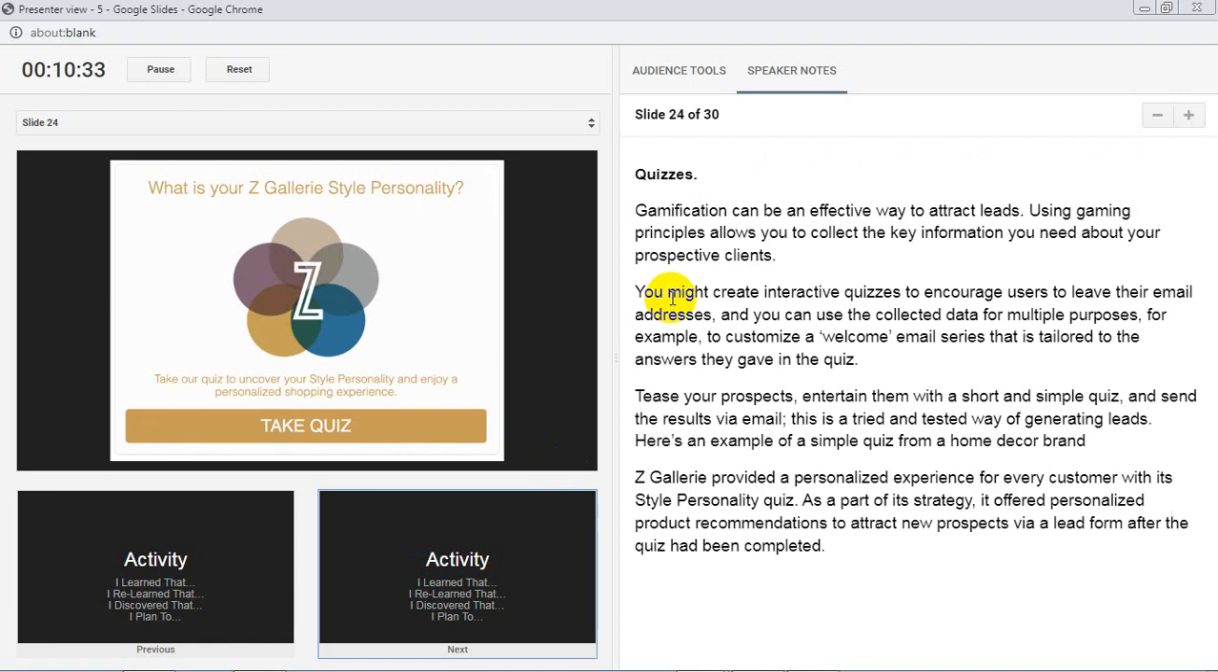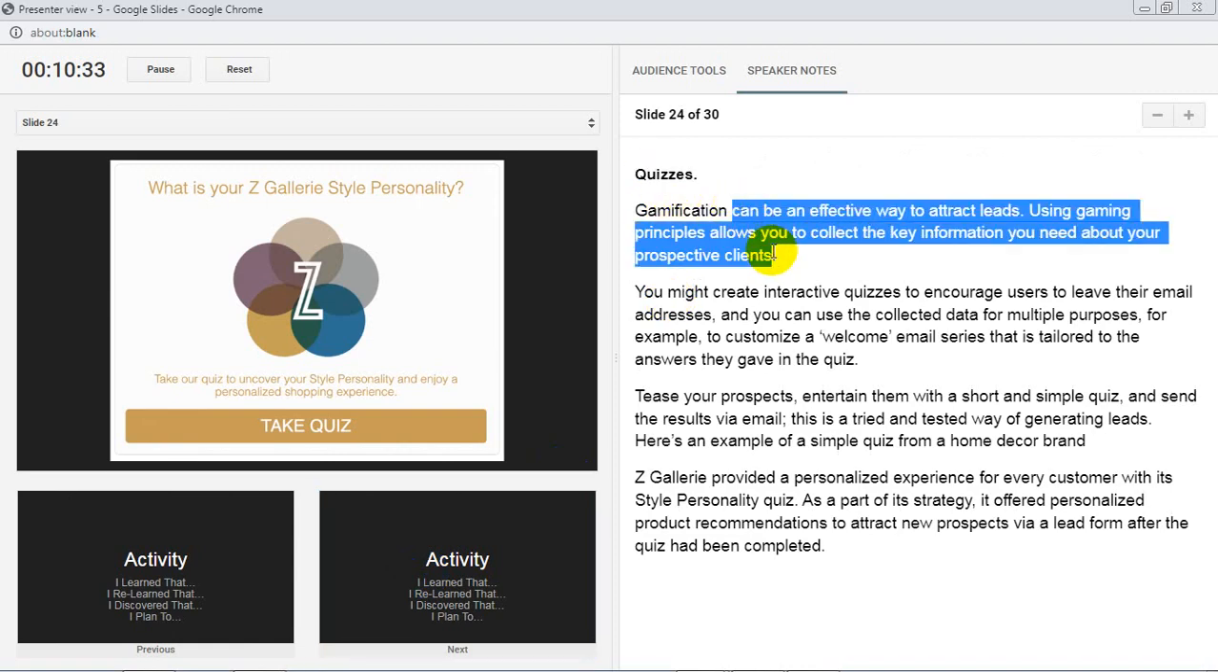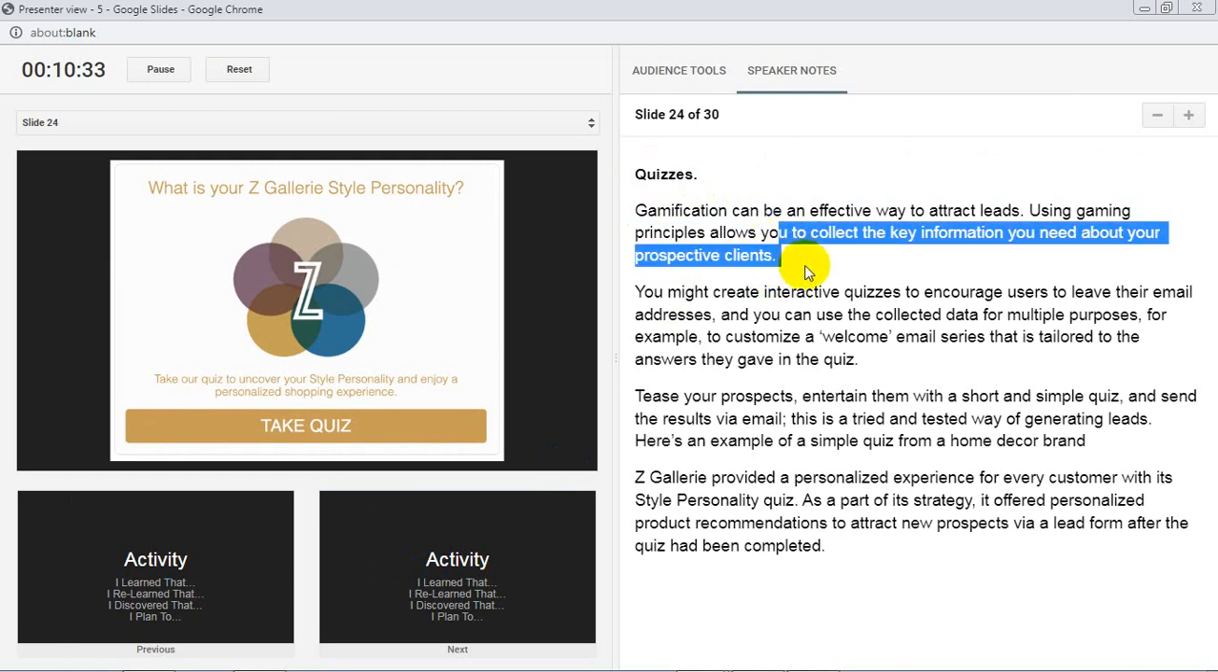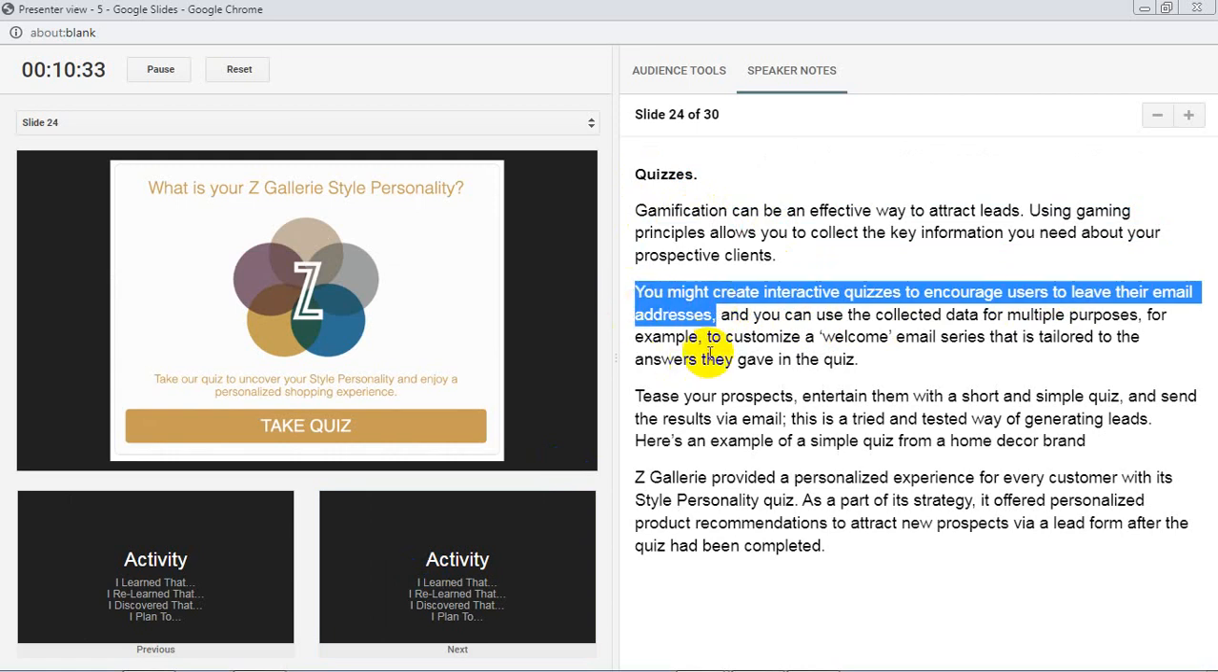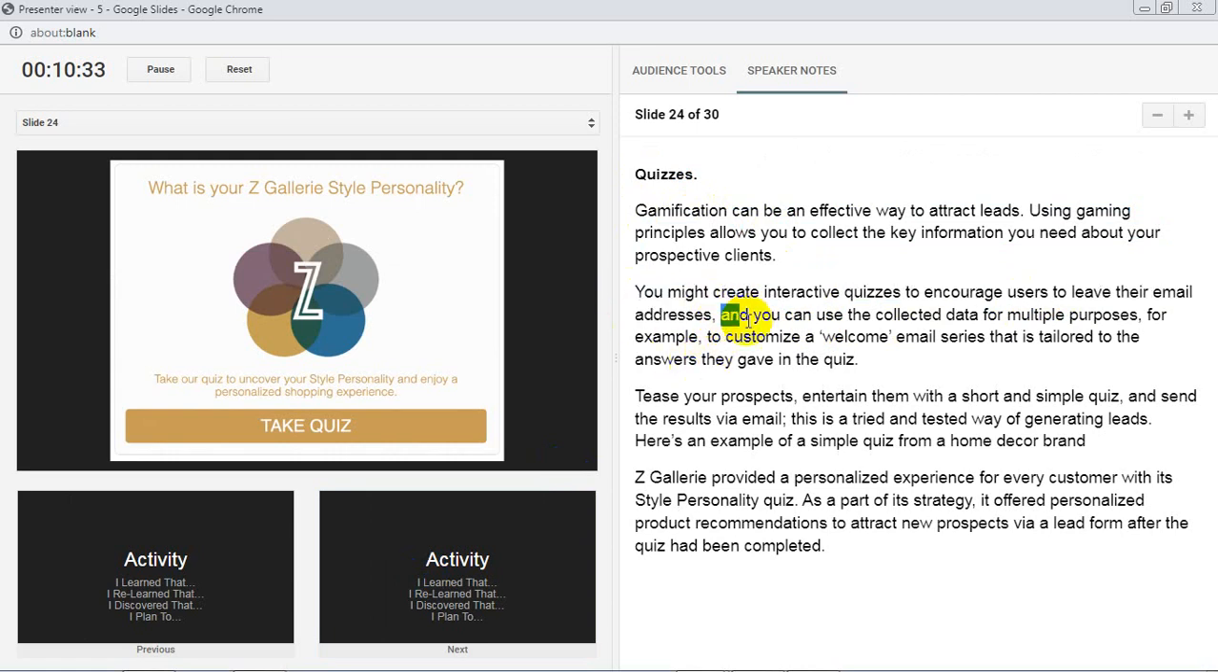Quizzes. Gamification can be an effective way to attract leads. Using gaming principles allows you to collect the key information you need about your prospective clients. You might create interactive quizzes to encourage users to leave their email addresses, and you can use the collected data